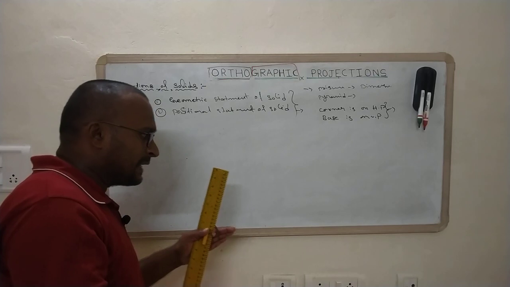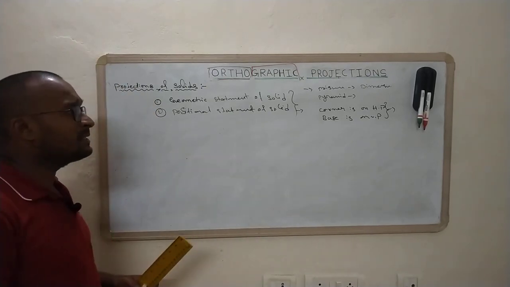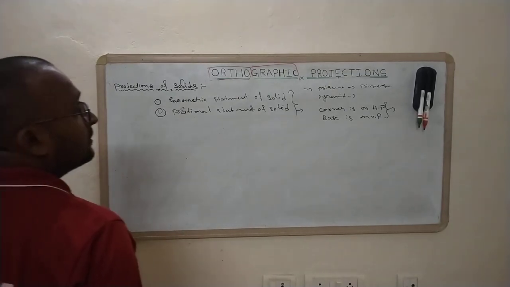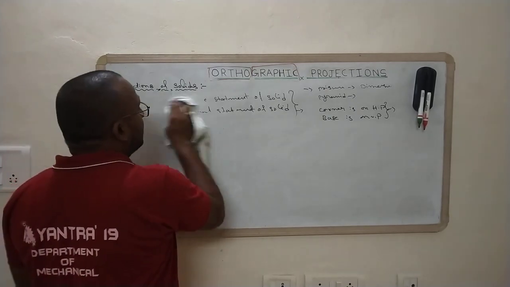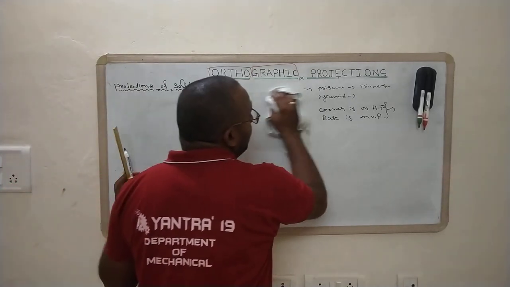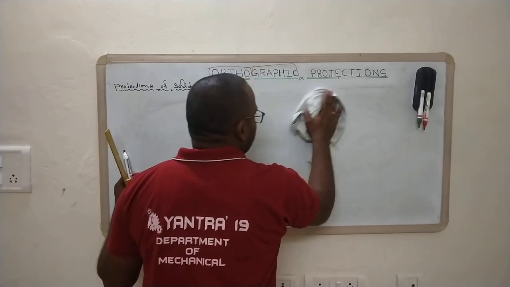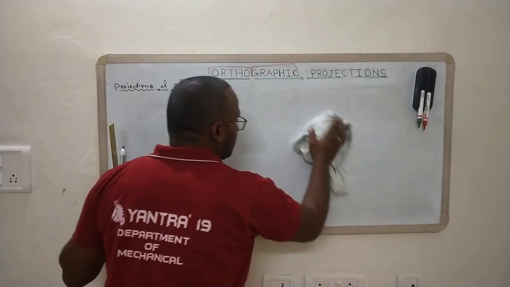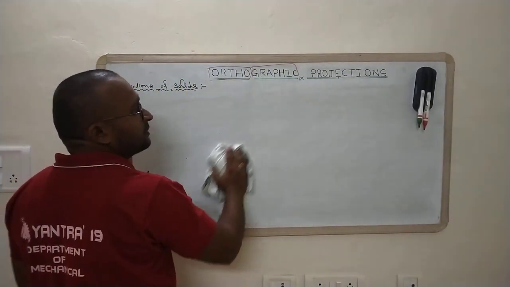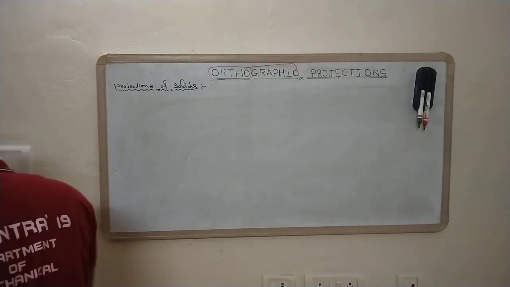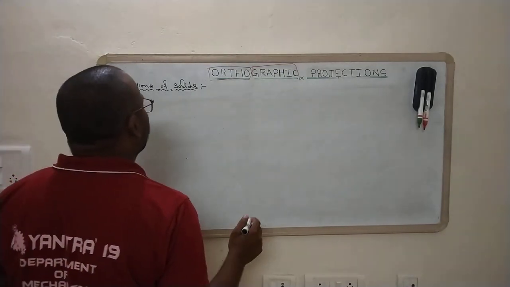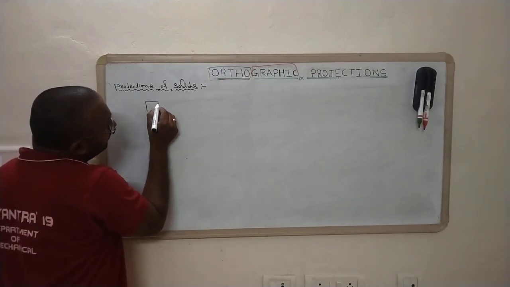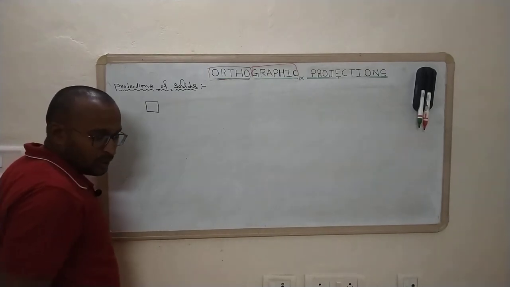Directly we are going to project the solids onto the vertical plane as well as the horizontal plane. This is the basic procedure; the problem statement will be given in the question paper. Now we will see simple problems with simple solids in simple positions with respect to the horizontal plane and vertical plane. Let us take a square prism or a cube. Let us go through the cube first.